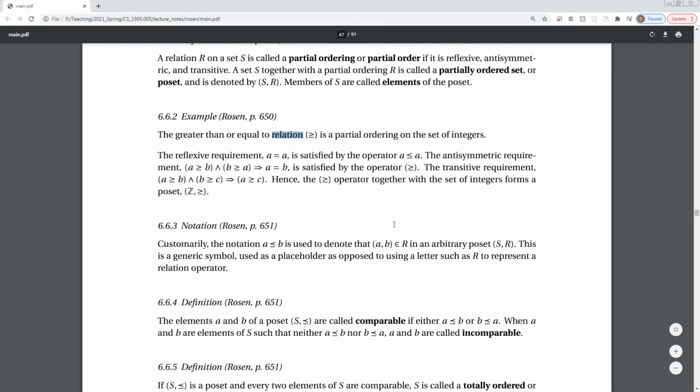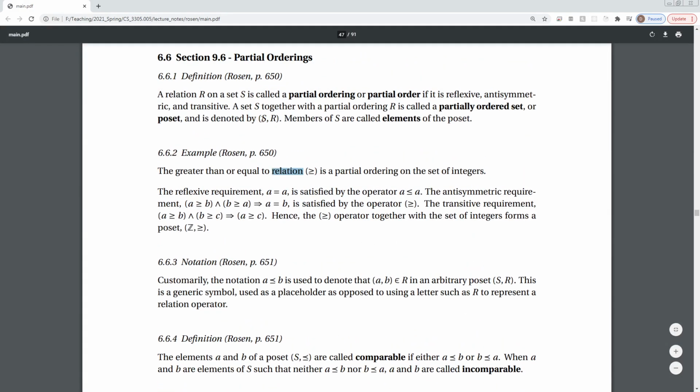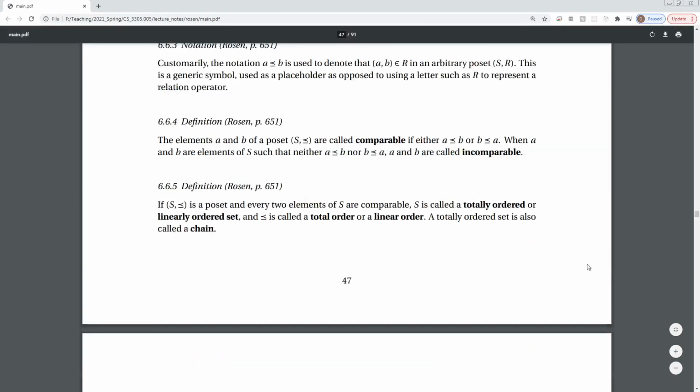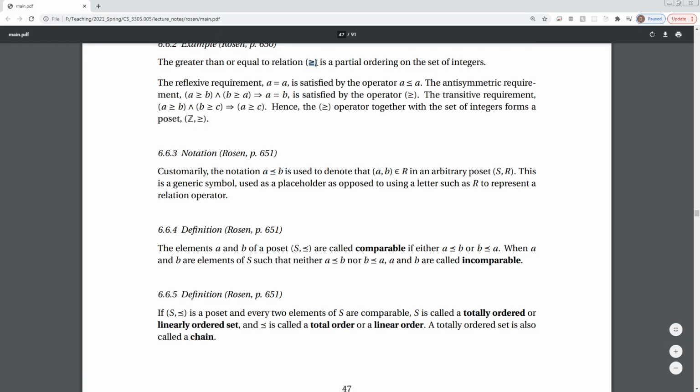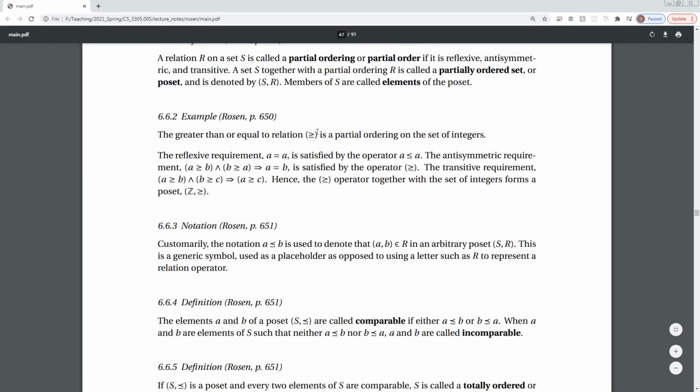Okay. So the set S is the set of elements, here the integers, and then the relation or the operation, so greater than or equal to. Okay. So notation, we mentioned in passing that we'll represent this. Here we used greater than or equal to, equivalently you could say less than or equal to. Okay? And so the notation A